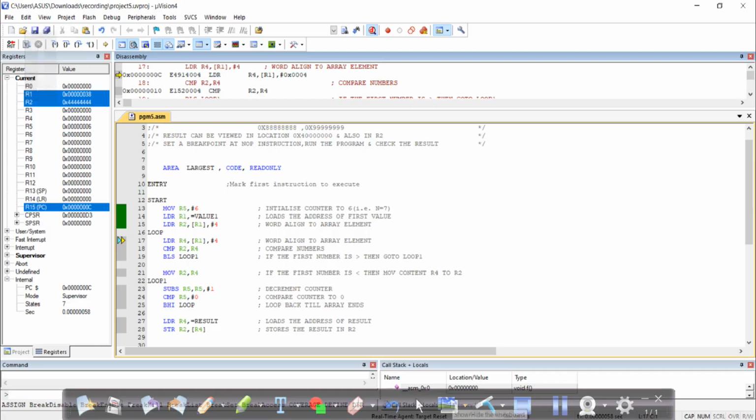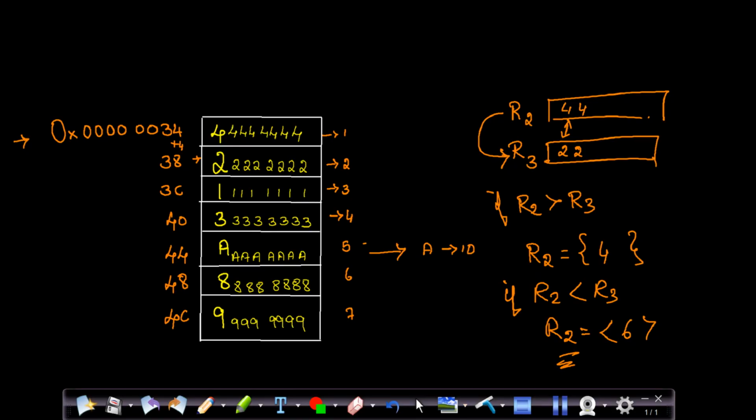Okay, so let's go with the internals of this. So this is LDR R2, bracket of R1, #4. What does it mean? So your R1 is pointing to this. This is my R1. So R1 is having the address of this particular location.